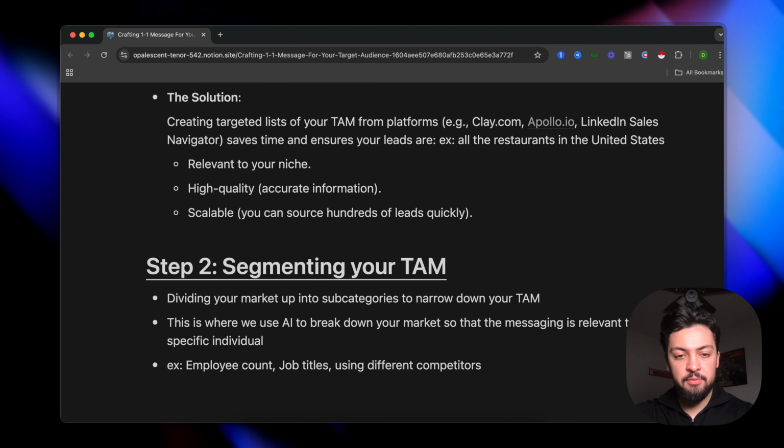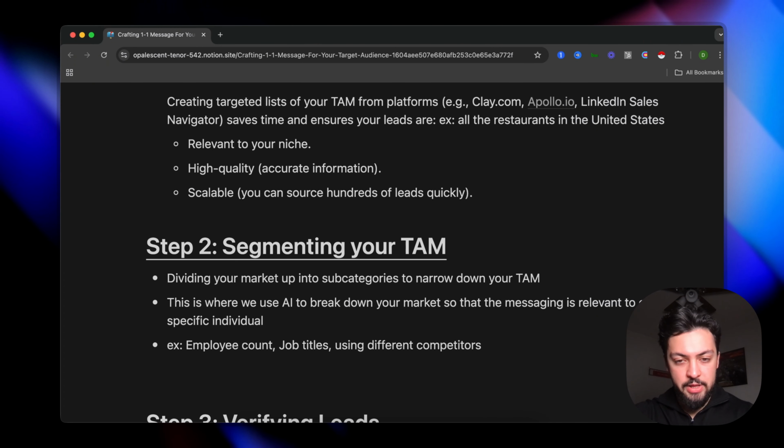The second step in terms of writing good messages is actually segmenting your TAM, right? And what I mean by this is you're actually dividing up your market into subcategories that essentially narrow down your search and you can therefore make it more personalized. And what I mean by this is you can actually use AI and break down your market essentially into like different categories, like job titles, employee count. If they're using competitor software, the competitor technology, you can use that as like a north star to go